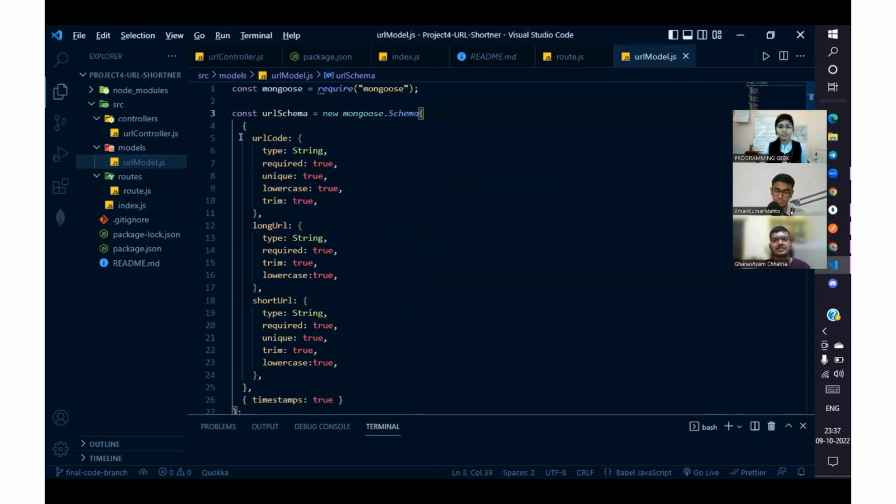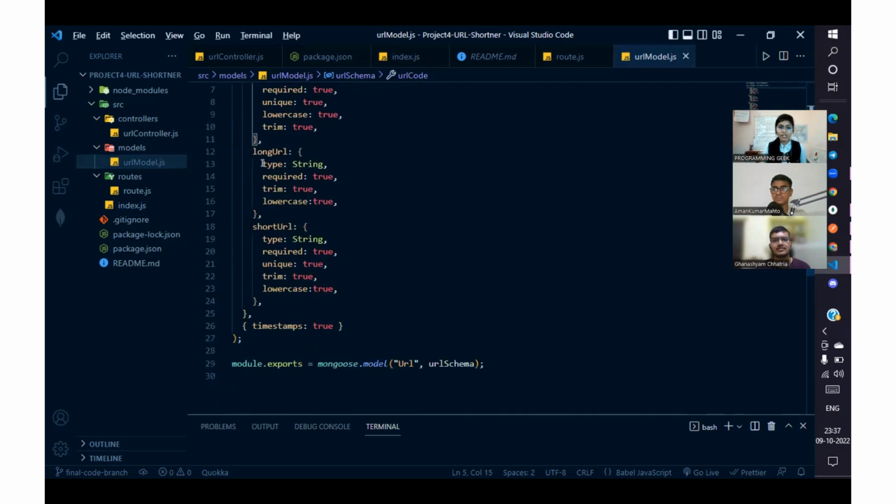Then there are some attributes for the URL. First, the URL code has type string, and it is mandatory. That's why I'm using required: true. Then it will be unique and lowercase, and then I'm using trim. It will remove the first and last space from the string. Then longURL has type string, and it is also mandatory, and I'm using trim and lowercase in this